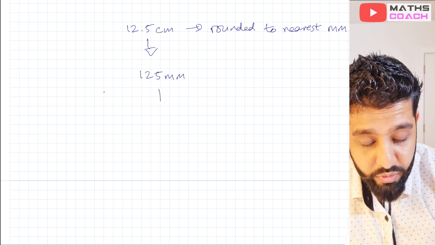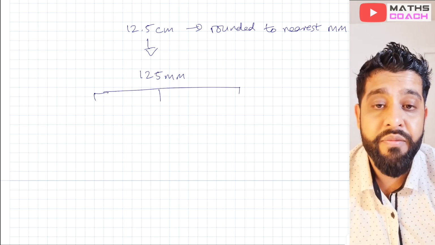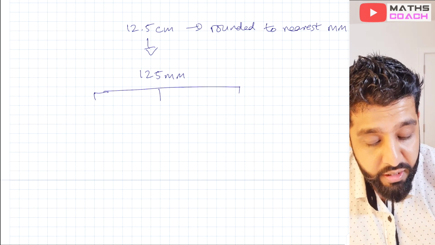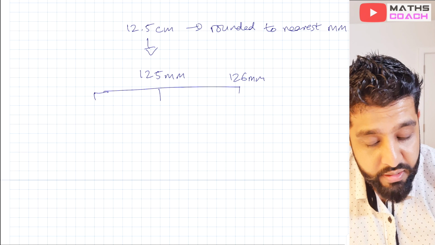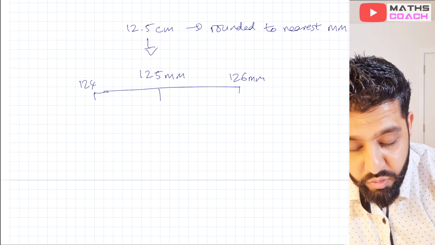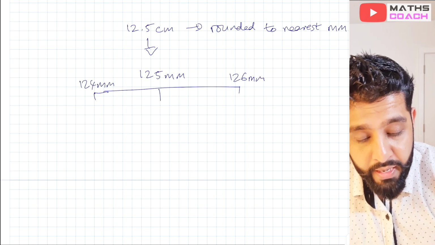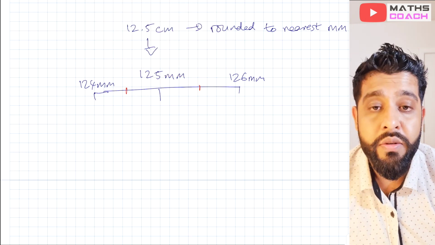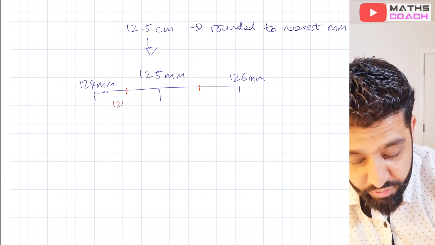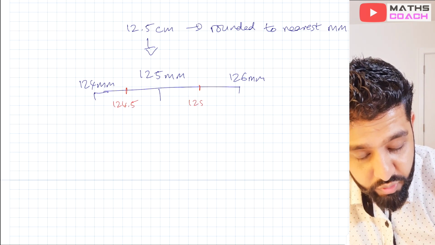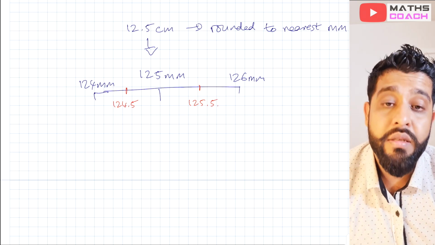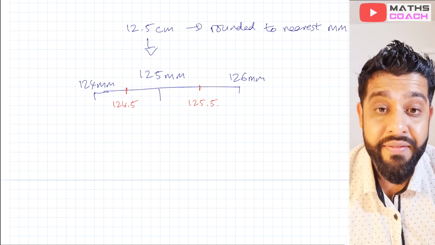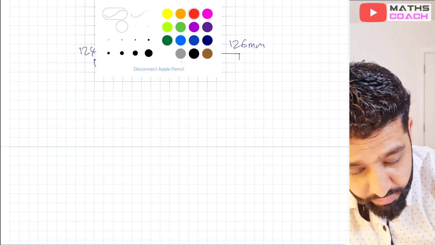And then after that, we will do exactly the same thing as we have been doing previously. So to the nearest millimeter, the next millimeter up will be 126 millimeters, and the one before that will be 124 millimeters. And then what we'll do is go in the middle between the two, and write down what's halfway in between. So we have 124.5 and we have 125.5. Now our answer is in millimeters, so what we'll now do is convert back to centimeters by dividing by 10. So our answer will be